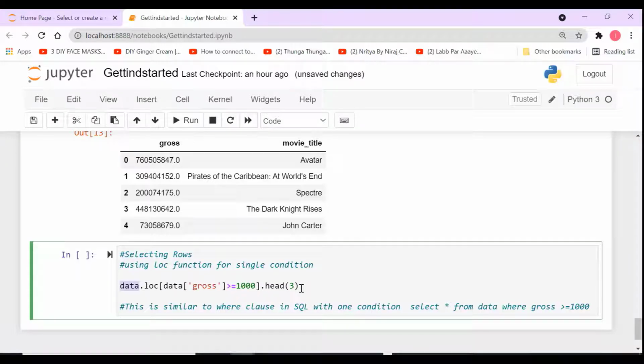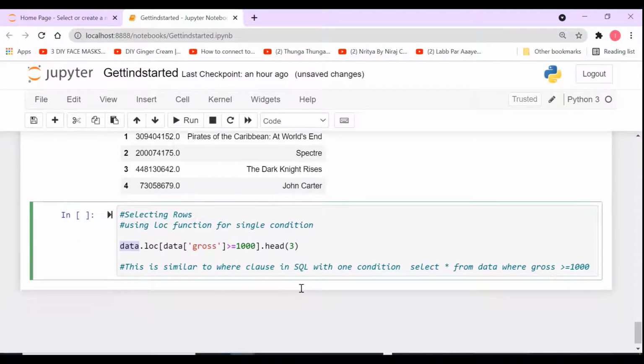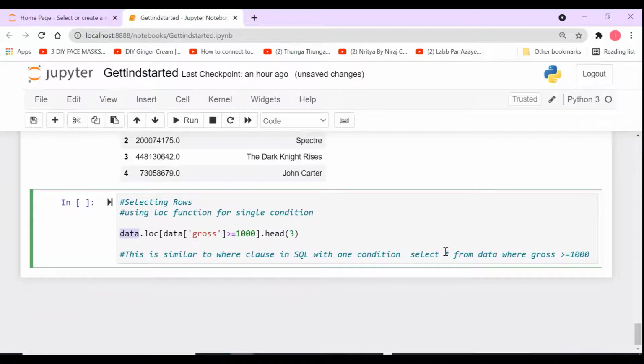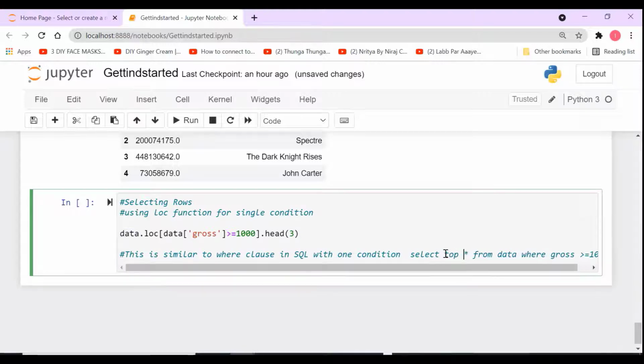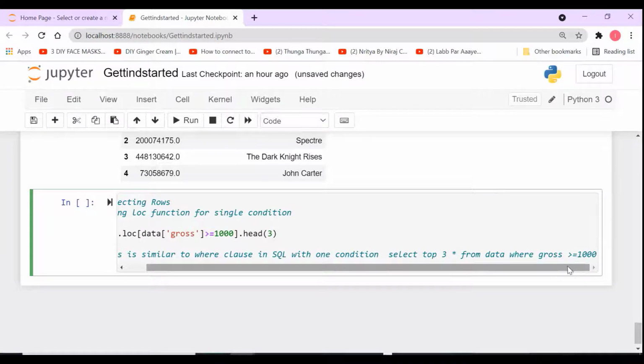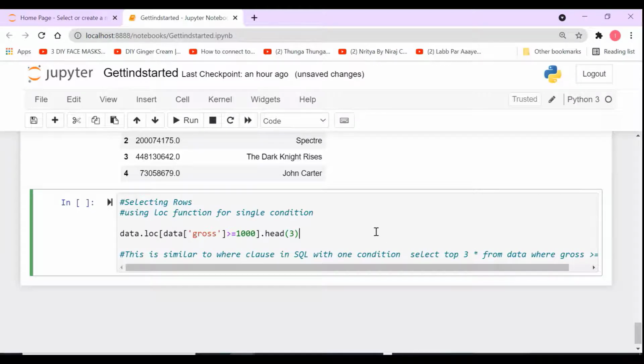Top 3 can be displayed by using the head function, which we have seen earlier. This is similar to select top 3 star from data where gross is greater than or equal to 1000. So when I run this one,